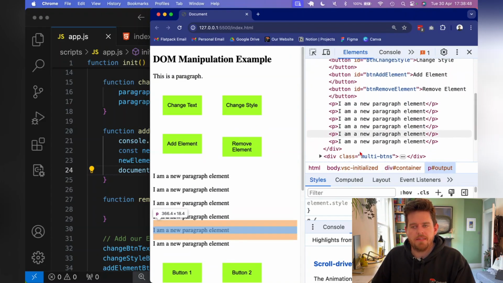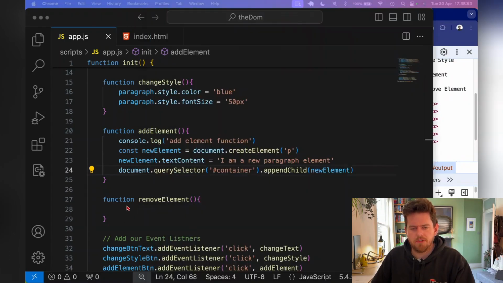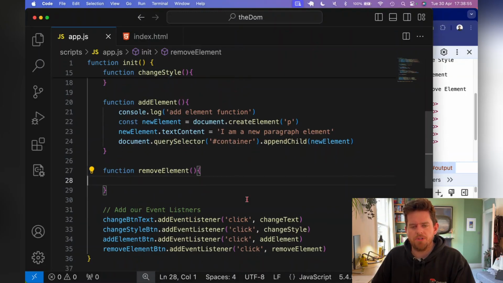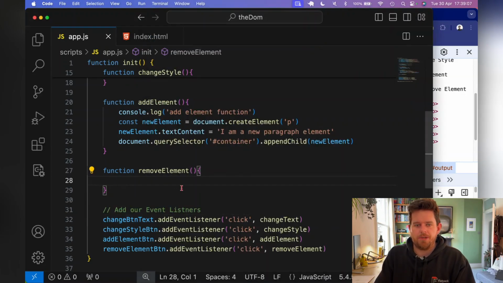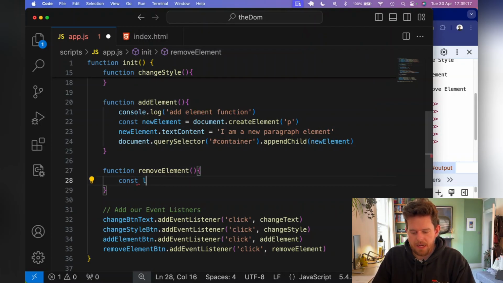Right. Let's now look at removing elements. This might be a little confusing, but what we want to do in here is grab the last element here and remove it. So what we're going to do is say const, because we want to actually get that element that we want to remove, and we'll say lastElement equals